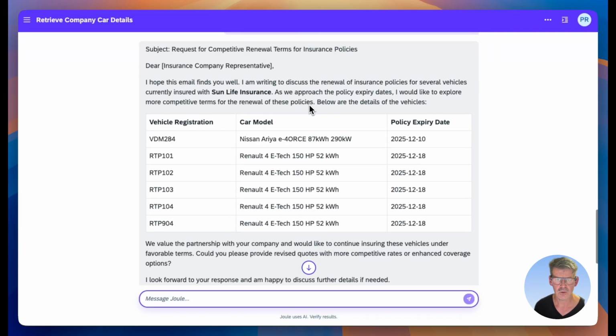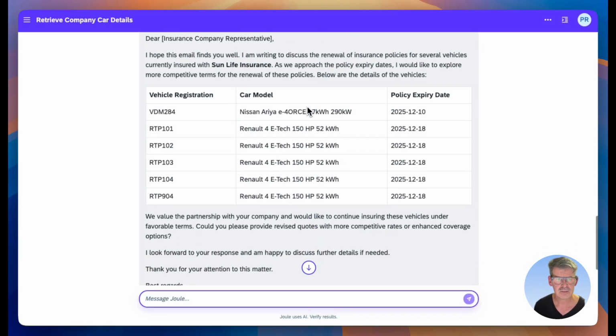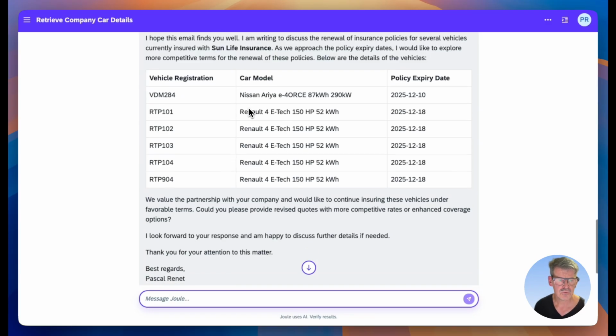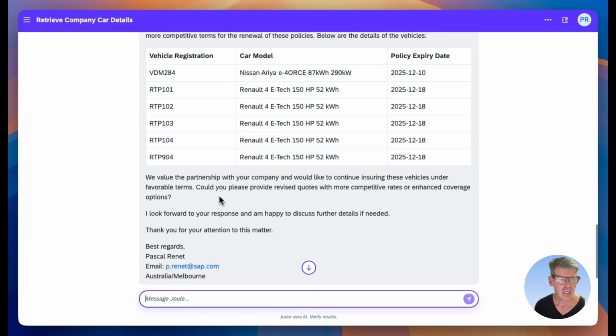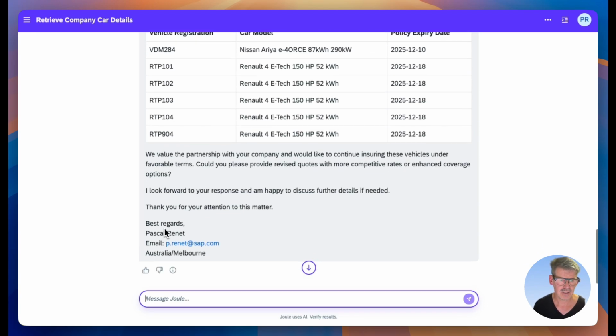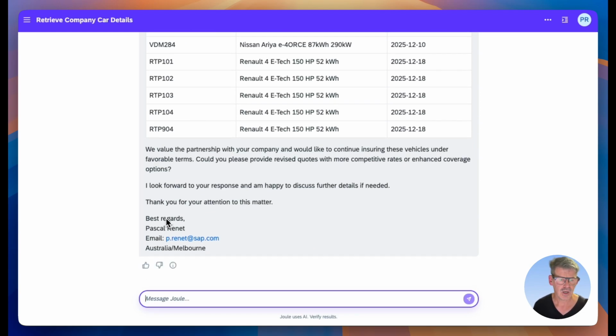We're going to be renewing the policy of these cars. I provide the details of which vehicles it is that I'm talking about. And then you can also see here, it kind of addresses my request, which was to set the scene for me wanting to get some better terms on the next renewal. And as I told you, I also asked Joule to sign the email with my details,